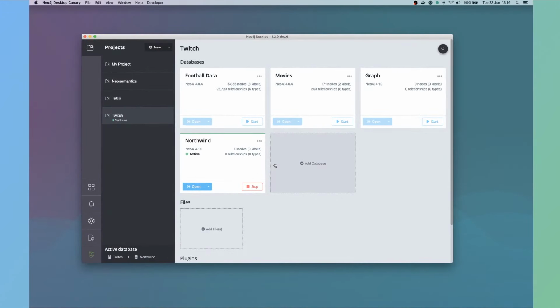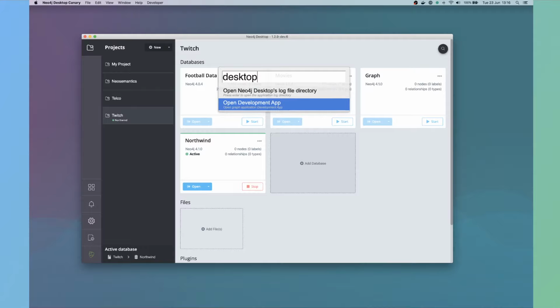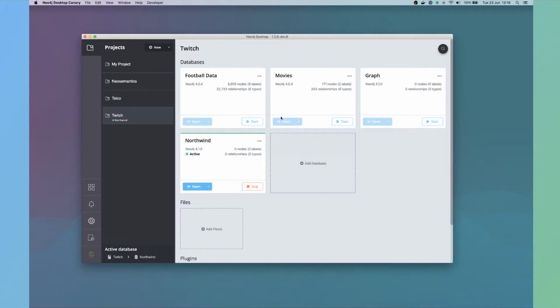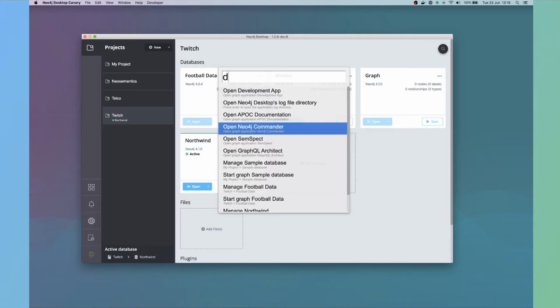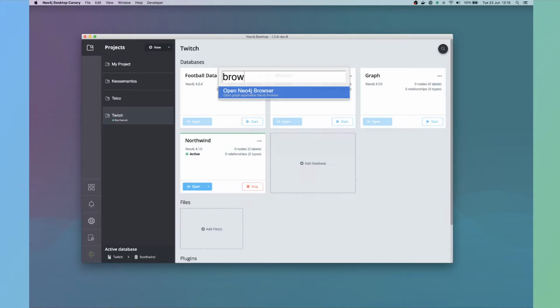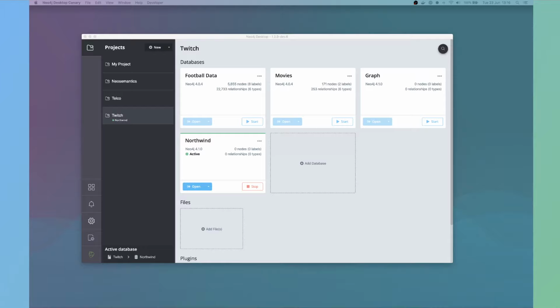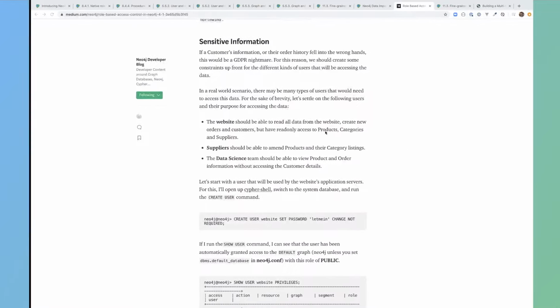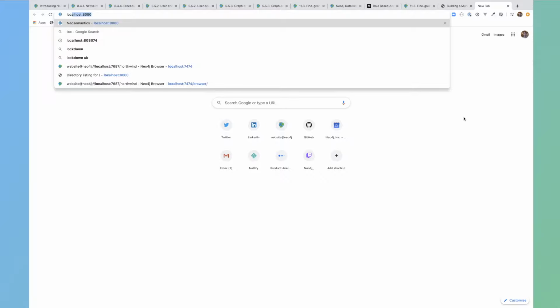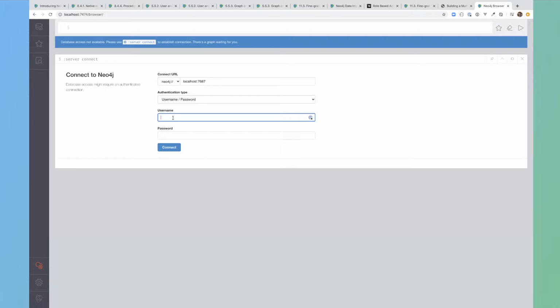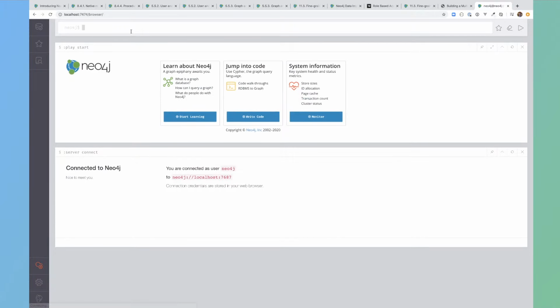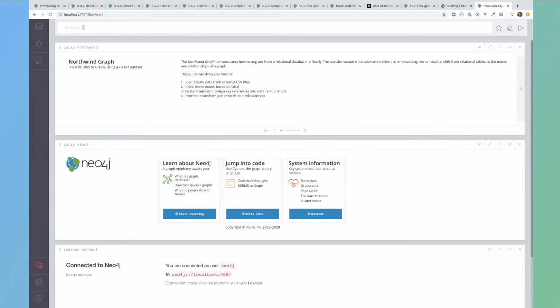So first, if I go through and run the play card, what we'll do is go through and walk through the play card very briefly. So it's :play and then Northwind. Cool. So essentially it's a step-by-step process through